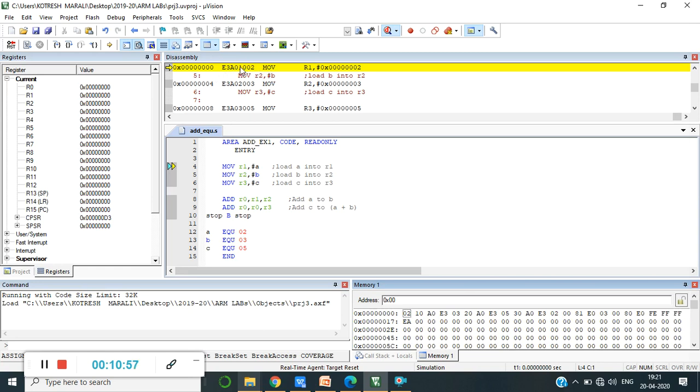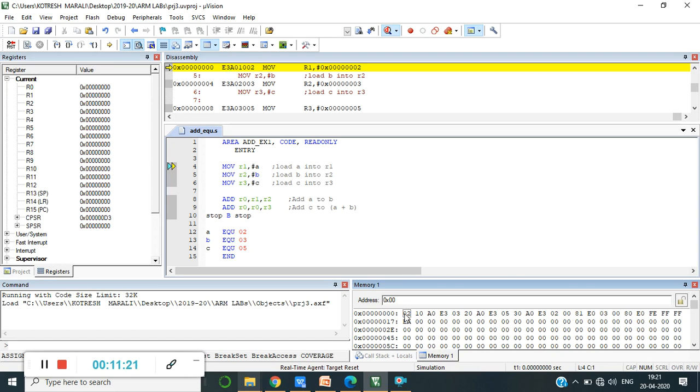Look at this, the equivalent opcode of the move instruction is E3A01002, and I told you that we have selected ARM7 Little Endian, which means that the least significant data must be present in the lower address, that is 0x0002. 02 is my least significant byte and the most significant is E3.